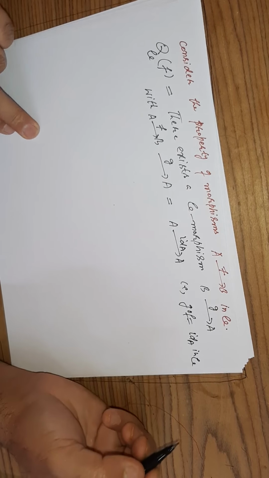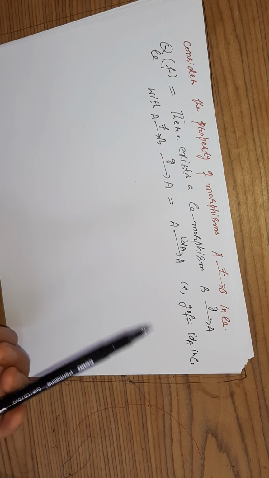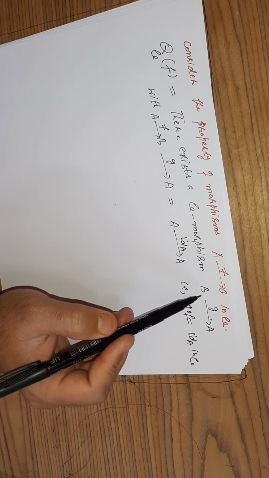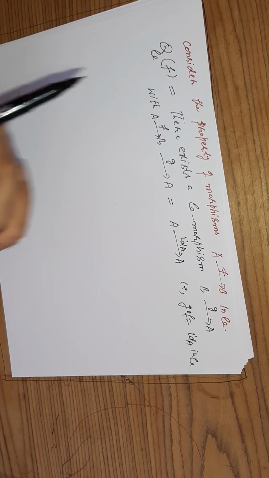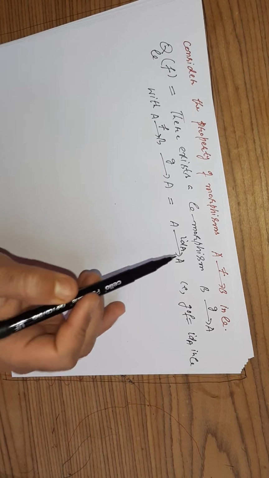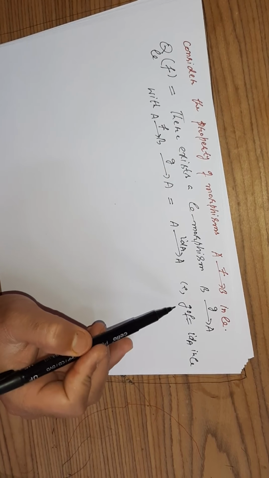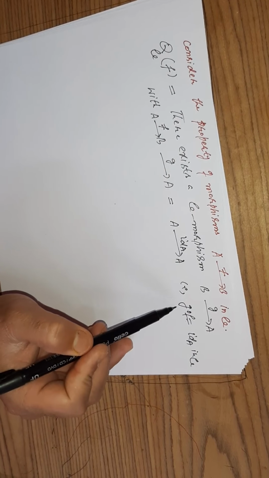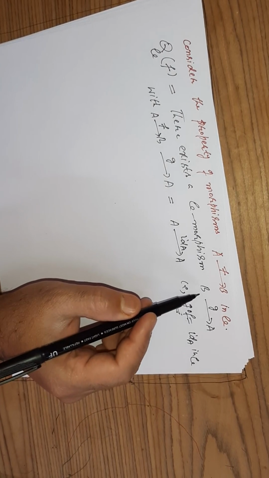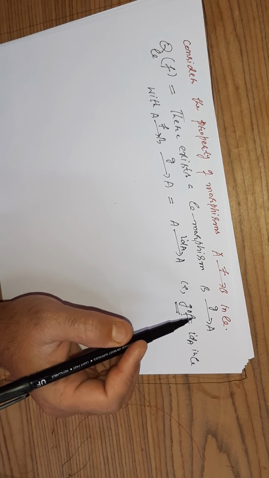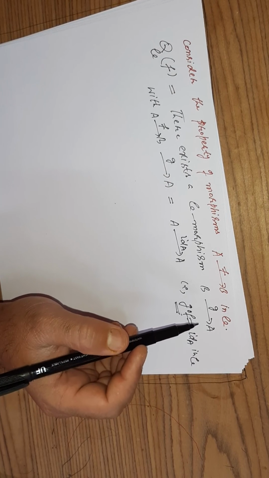So I am taking this property of this morphism. What is this property? This property says that suppose I have a morphism F from A to B in C, such that there is a morphism G from B to A where if I compose G with F, I get the identity morphism on A. So G composition F is identity on A.